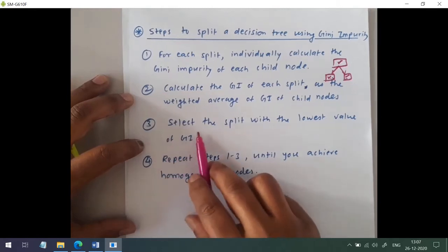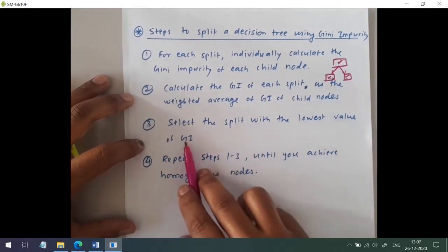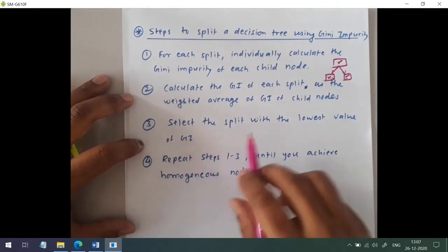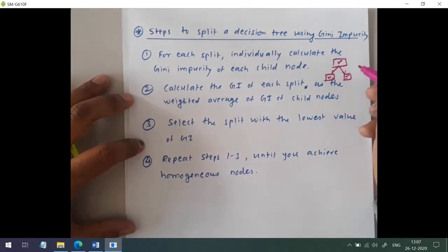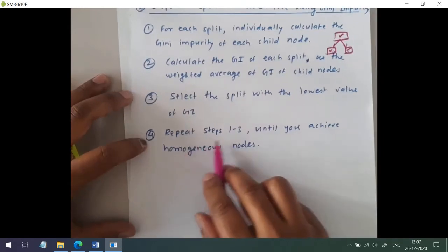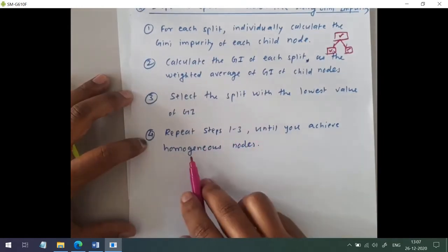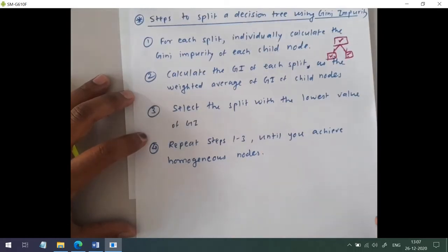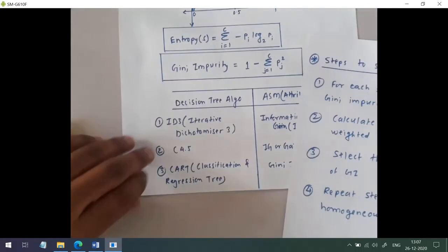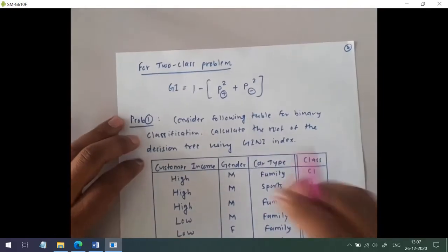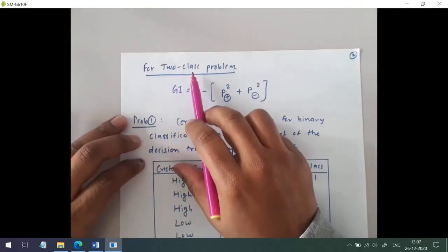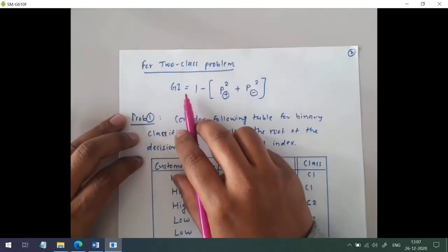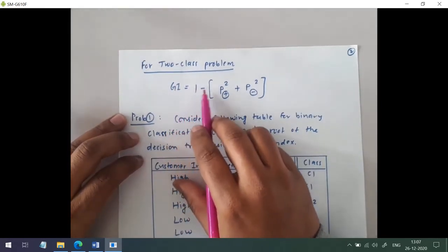Next, select the split with the lowest value of Gini. We select that particular attribute which has the lowest Gini. Repeat steps 1 to 3 until you achieve homogeneous nodes. These are the steps. Let us see one example. If we have only two classes, the Gini impurity equation will look like this: 1 minus